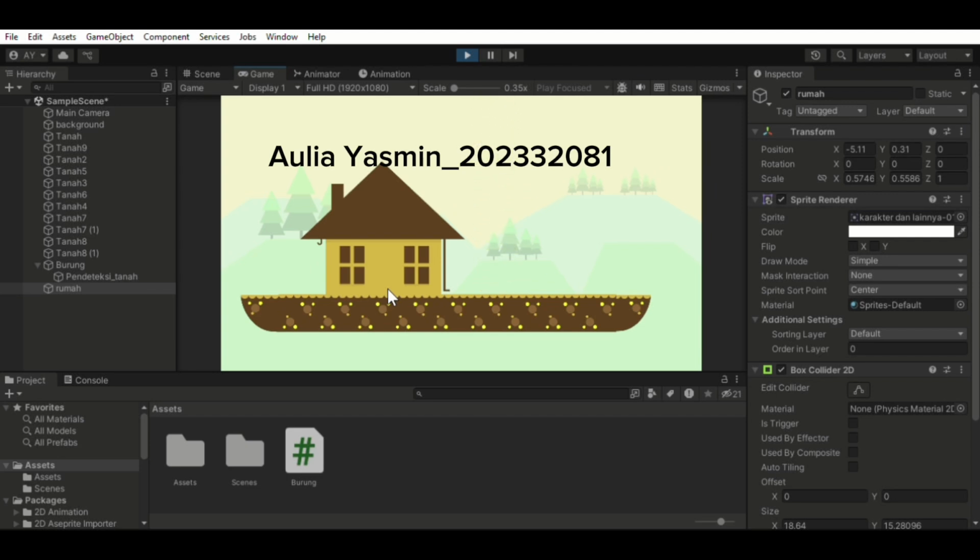And I create an empty game object under the bird named Ground Check. This object is placed below the bird and used to check if it's on the ground. For the ground, I use a simple sprite and added a Box Collider 2D to make it solid so the bird doesn't fall through. The house also has a Box Collider 2D, so when the bird touches it, it stops. For the inspector values in the bird script, I set the speed to 20 and the jump power to 15. This makes the bird move quickly and jump high enough.